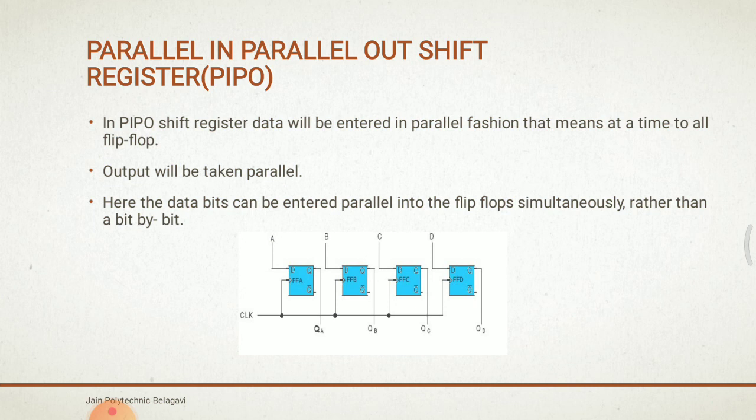You can observe here there are also 4 flip flops. At a time, I am going to apply the data inputs A B C D, and you are going to take the output simultaneously, or parallelly, here. From the diagram you can observe that the A B C D inputs are directly connected to the D inputs of the respective flip flops. On applying the clock transition, these inputs are entered into the registers and are immediately available at the outputs Q1 Q2. That is the working of the parallel in, parallel out shift registers.